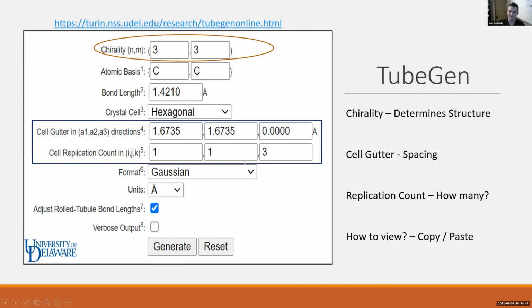So we're going to have a 3, 3 nanotube, 3 length. Format and units, not super important. There are a bunch of different ones. I find Gaussian the easiest to use because you can copy and paste the output into a GJV, a Gaussian view file, and you can just load it right up.